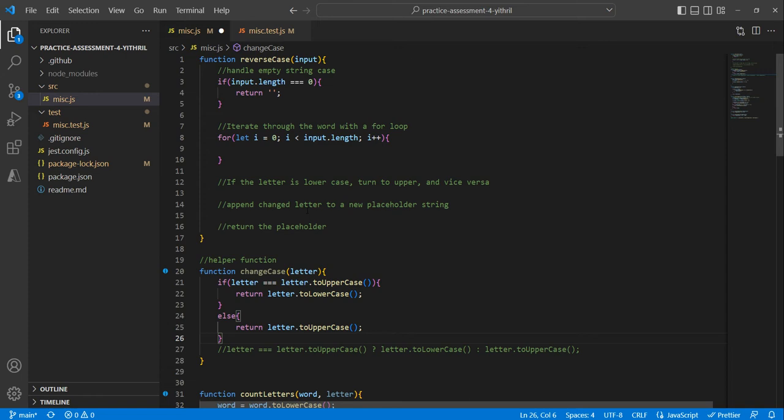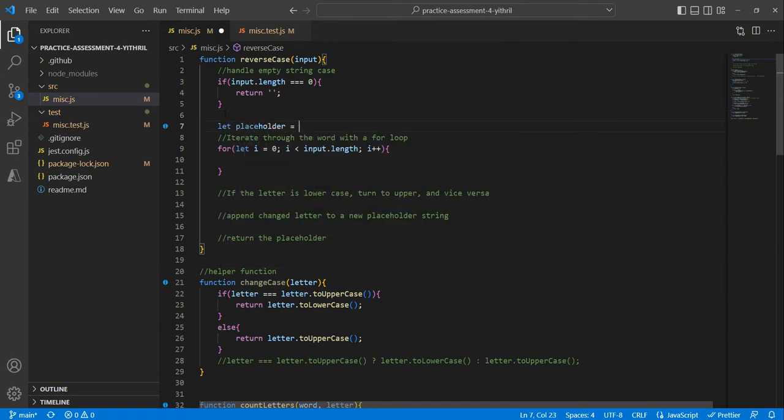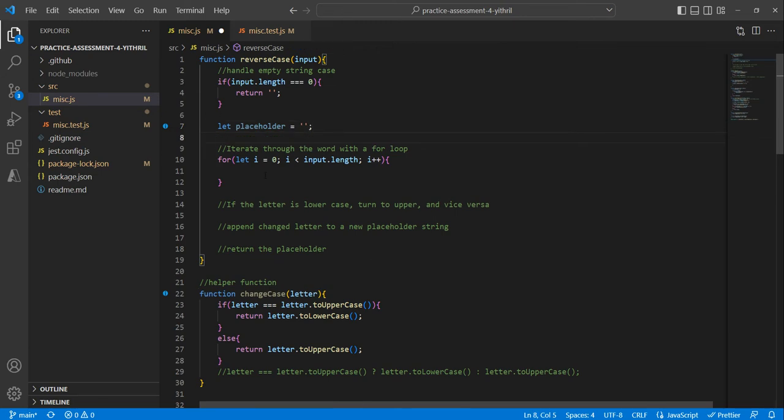All right, so letters, and the thing is numbers will not be affected by toUpperCase or toLowerCase. They're going to be the same, so that should be fine. Basically, I'm also going to make a placeholder variable while I'm at it. Because this says to make a placeholder, I'm going to do let placeholder equals blank string. So basically I'm going to take each letter, change its case and append it to the placeholder. So basically placeholder plus equals